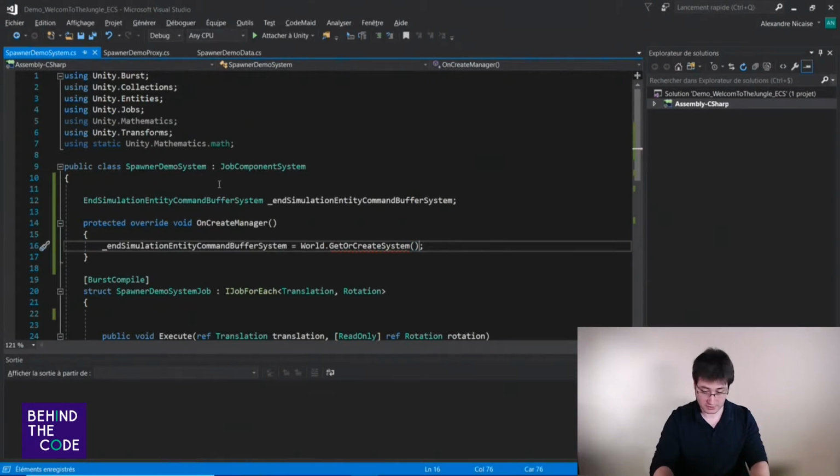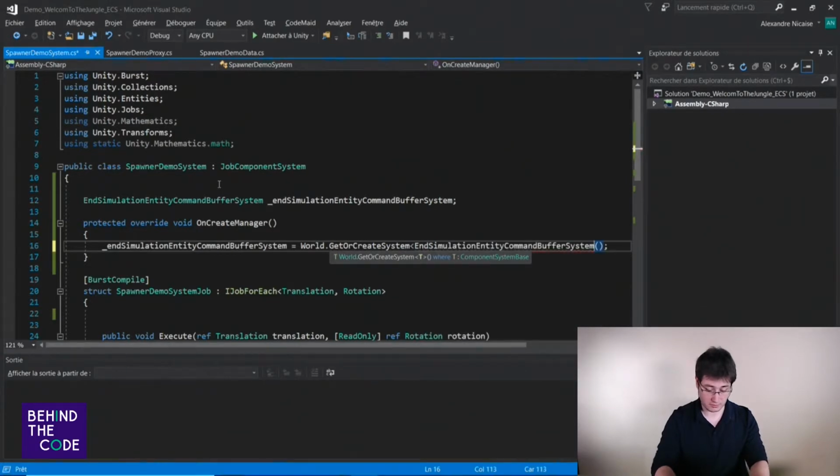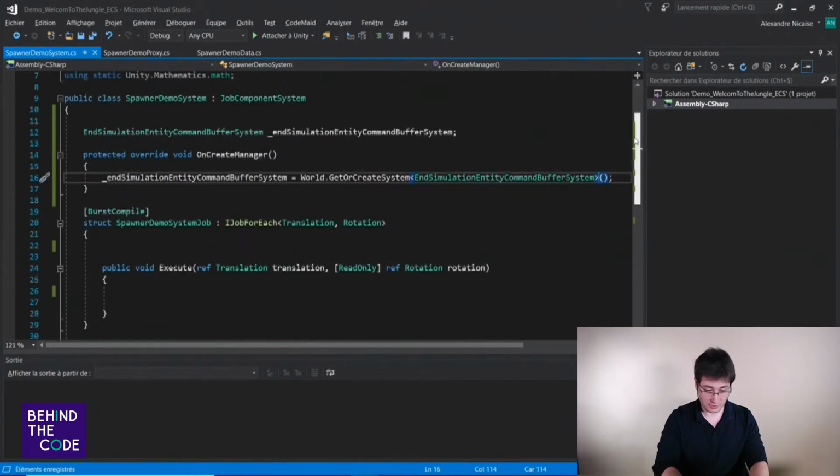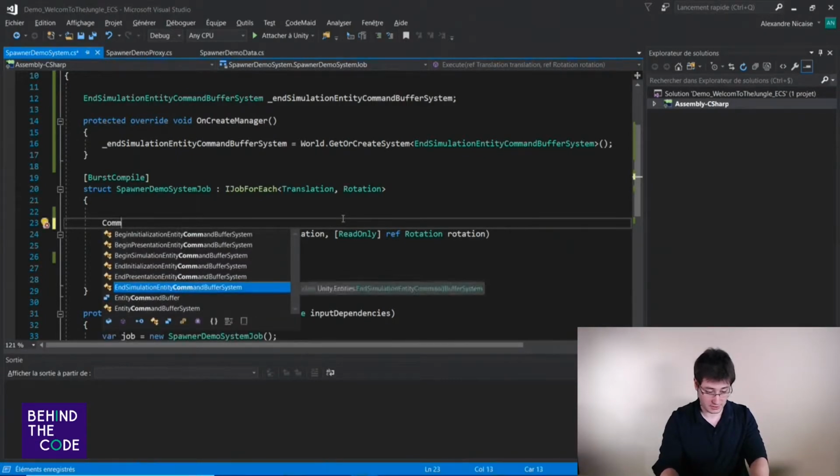No, that's not it. It's like this. And simulate, like this. No. It's more like this, and we need to have our command buffer in our jobs. So we add it in that.